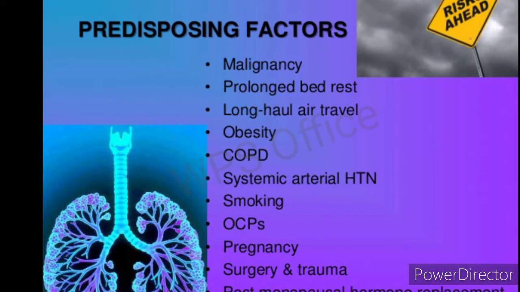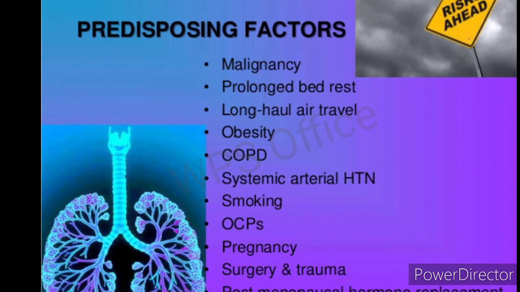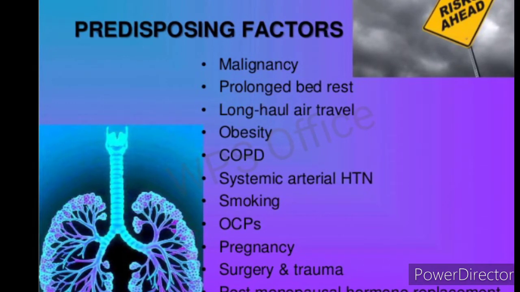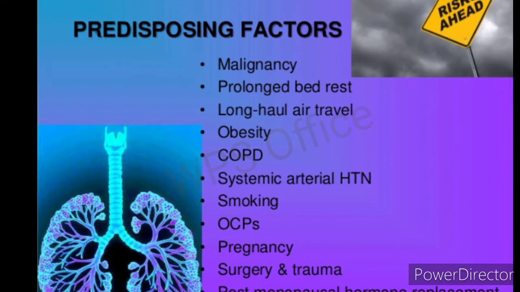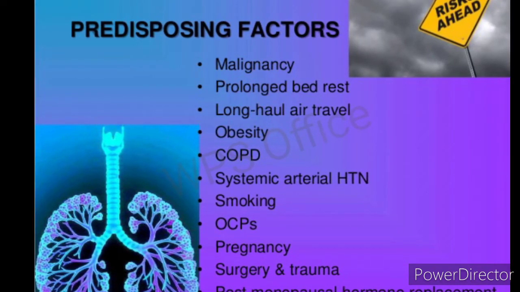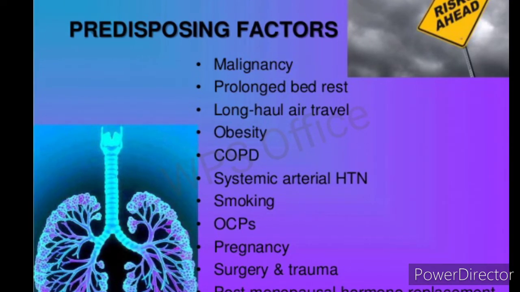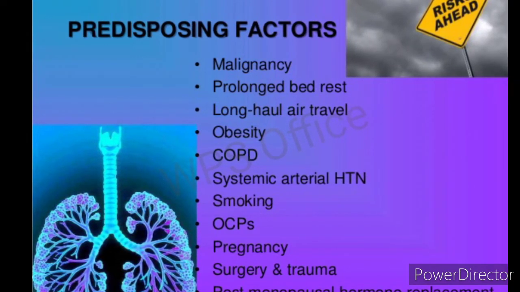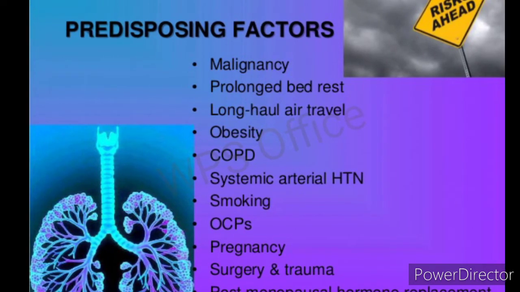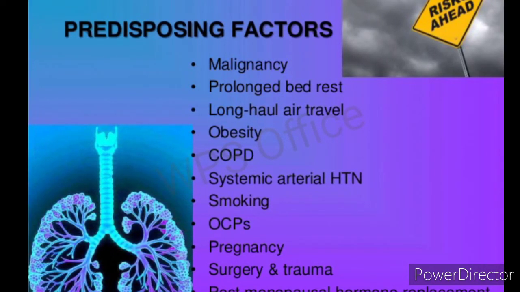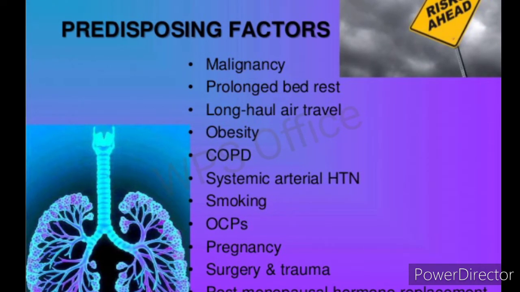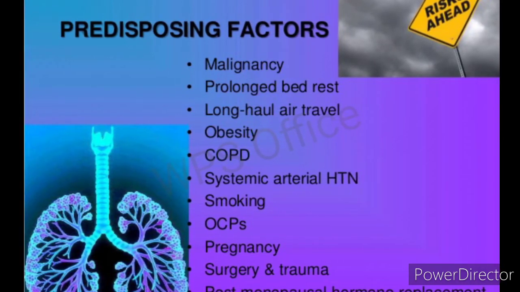Predisposing factors, that means the causative causes or the risk factors. So in the causes and risk factors, what will be there? There is malignancy. Malignancy means the presence of cancerous cells inside the body or the respiratory system or the heart. Then the prolonged bed rest, then long haul and long air travel, obesity, then chronic obstructive pulmonary